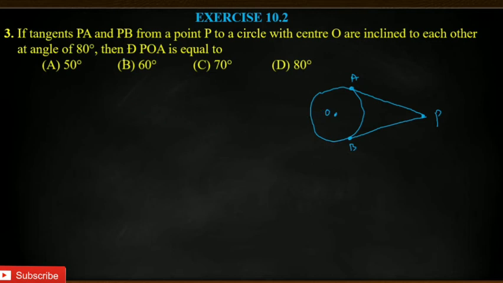Now this is angle POA, and this will be a radius, you people know. And here is the 90 because tangent and radius are always 90 degree. Don't forget. Sorry, I forgot to read this line. Tangents PA and PB from a point P to a circle with the center O are inclined. Which is inclined? That tangent. These two tangents are inclined to each other at an angle of 80 degree. Means this PA length and PB length are inclined to each other. This angle is making 80 degree, they said.